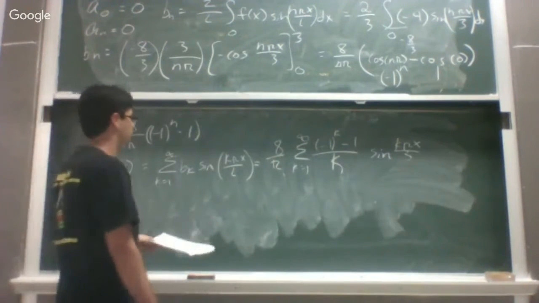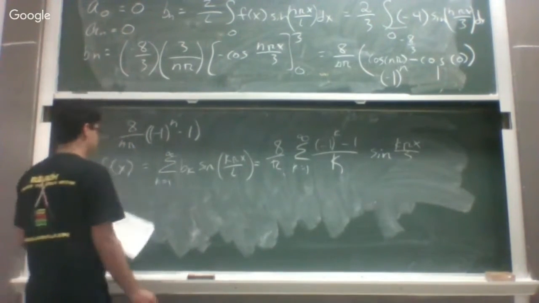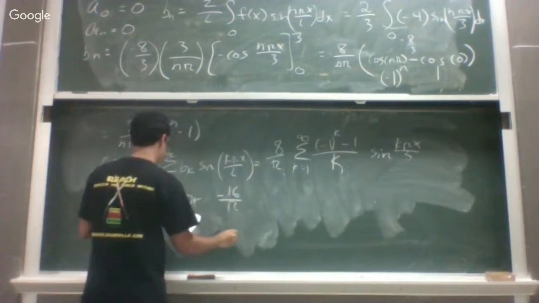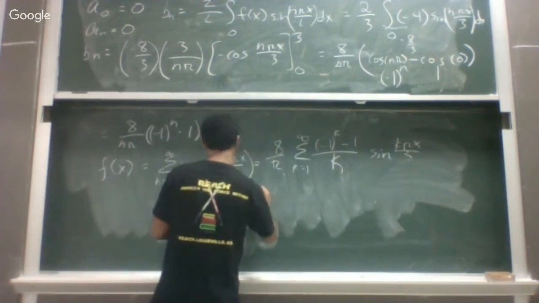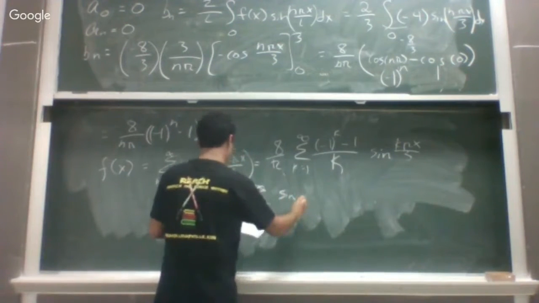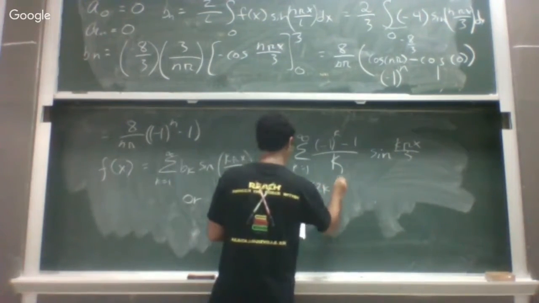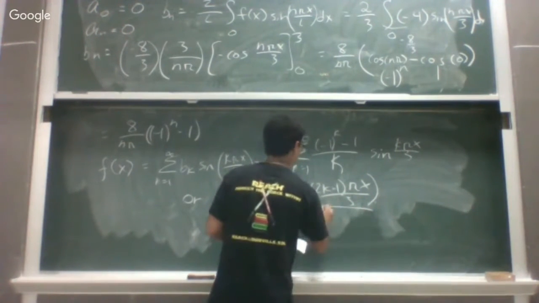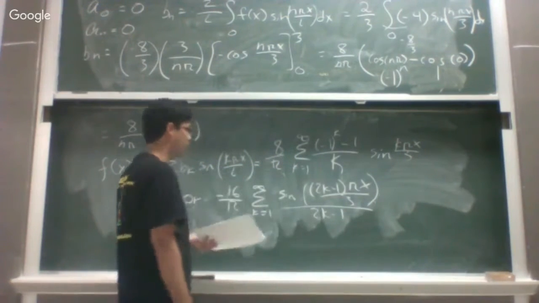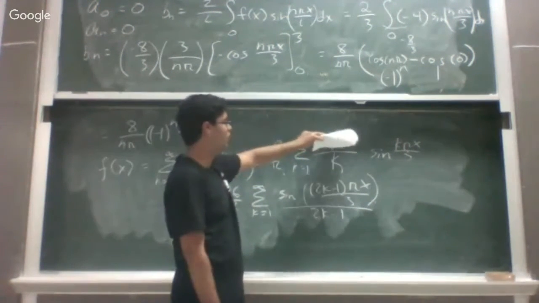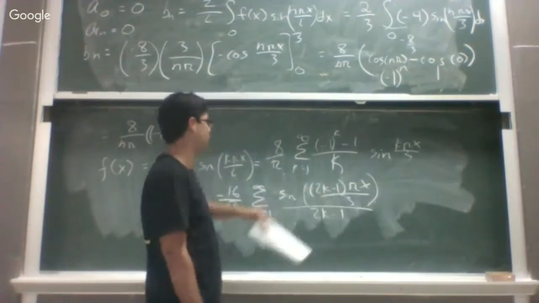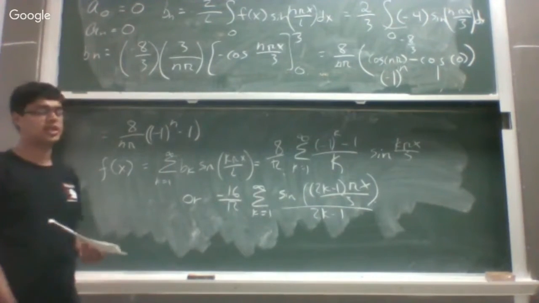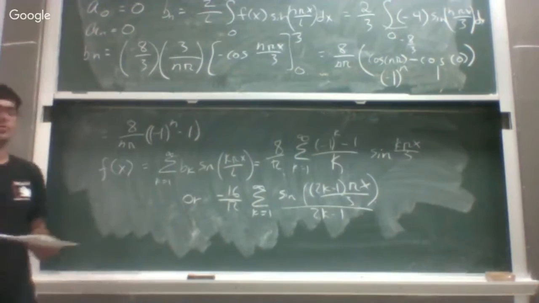Or you can substitute 2k minus 1 for wherever there is a k. So that will be negative 16 over pi times summation of k equal to 1 going to infinity of sine of 2k minus 1 times pi x over 3, and then all of that divided by 2k minus 1. So wherever there's a k, you make it a 2k minus 1, and it simplifies down to this. And we need to do that where it cannot equal a 0, if you want to go that route of making one summation. But